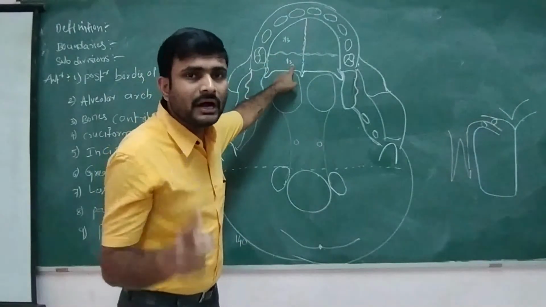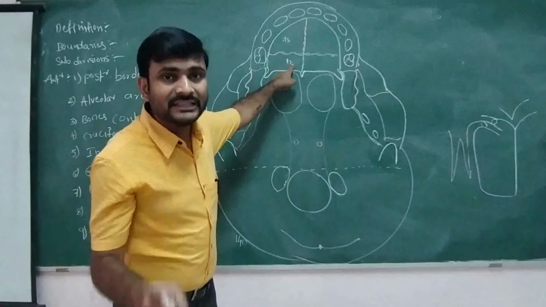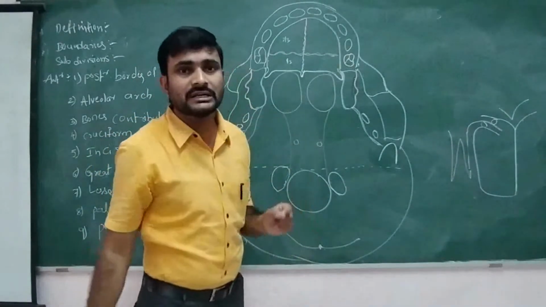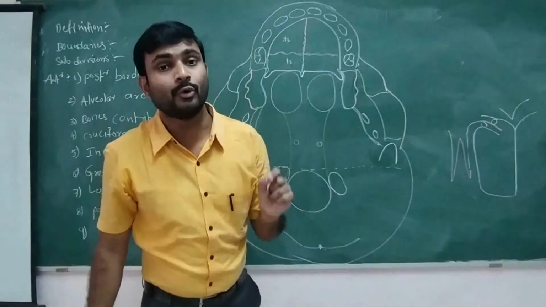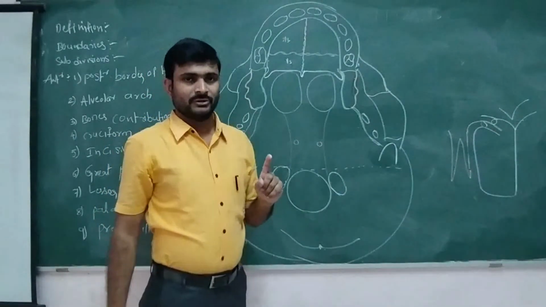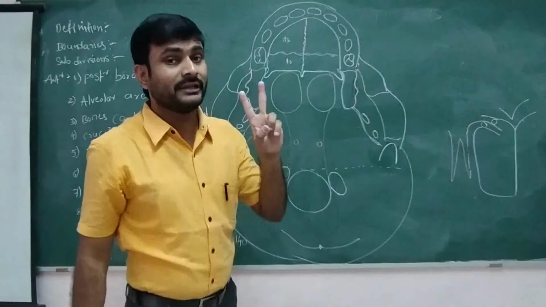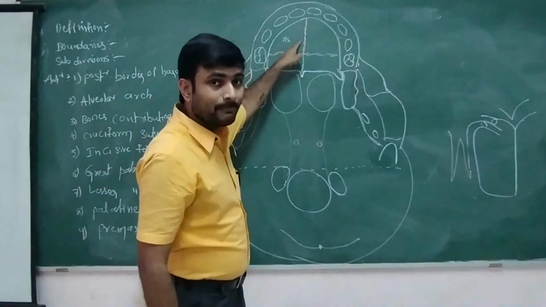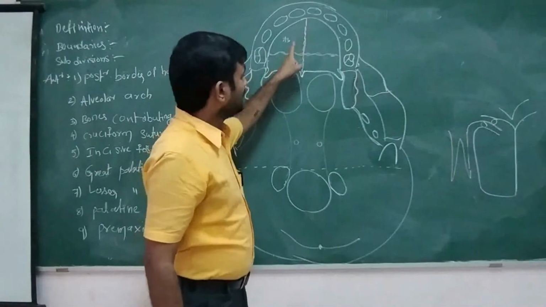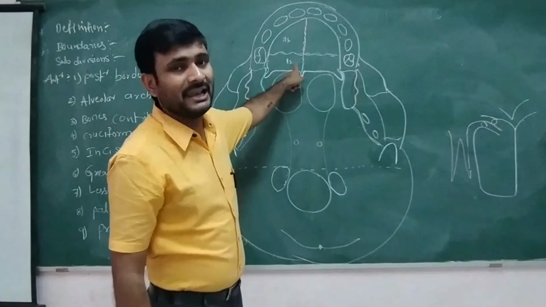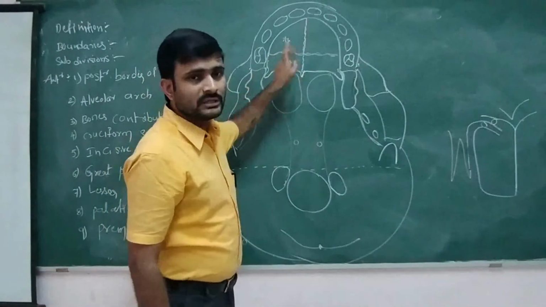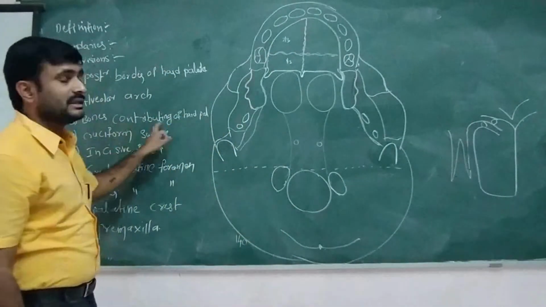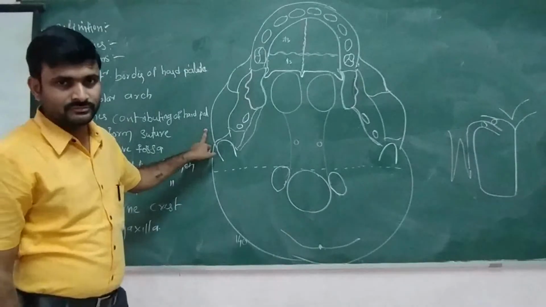The posterior 1/3 part is formed by the horizontal plate. This is the horizontal plate of the palatine bone. So the hard palate is formed by two bones: one is the maxilla, the palatine process of the maxilla, and second, the horizontal plate of the palatine bone. So this is about the formation, the bones contributing in the hard palate. Then next,